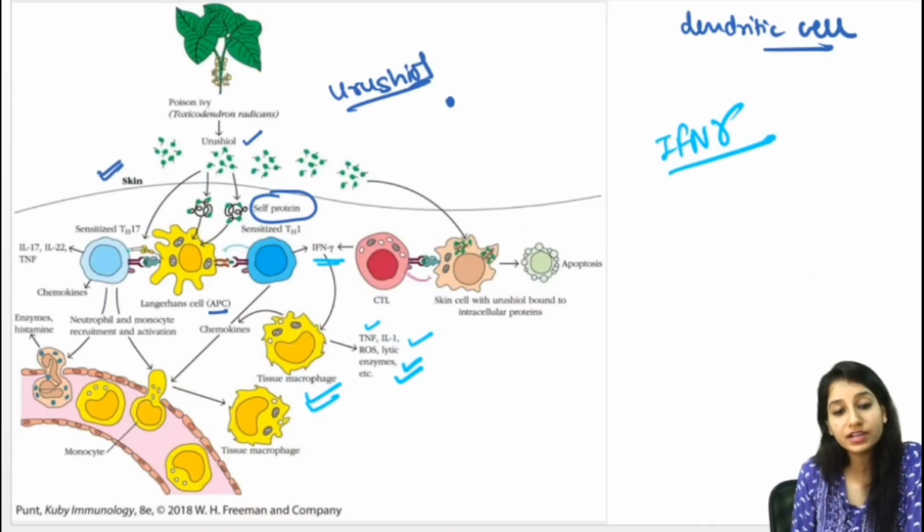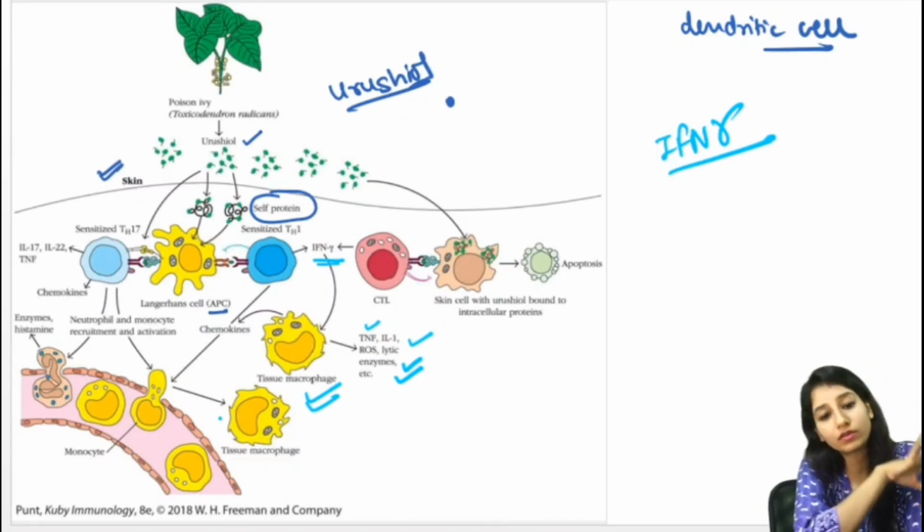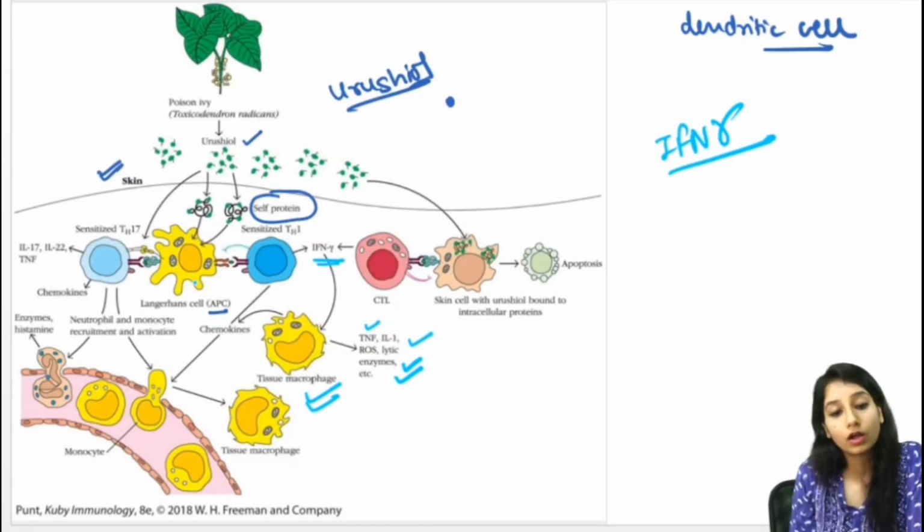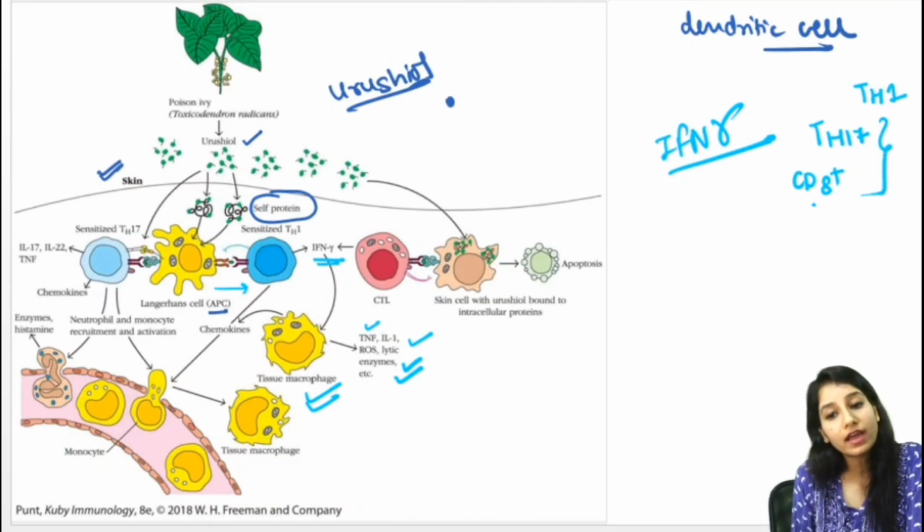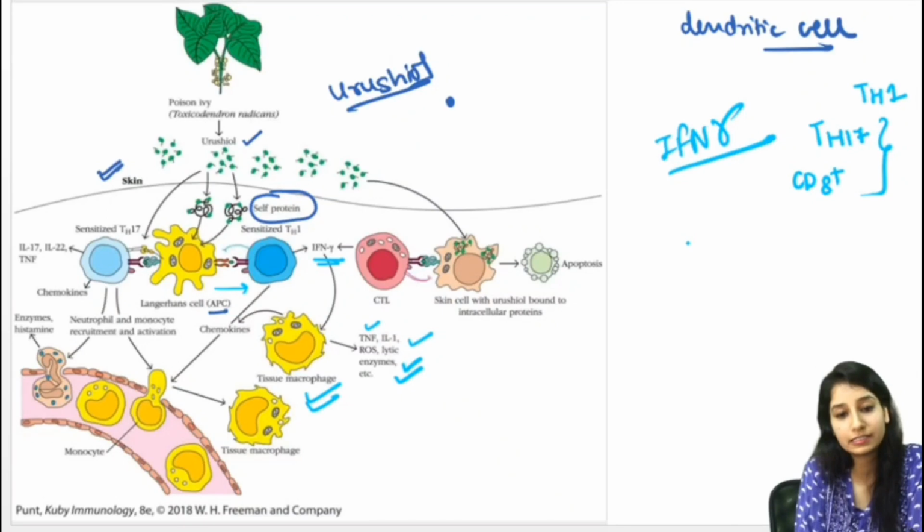So this first condition is totally similar to what we have seen in the earlier condition. In this also, this APC will move towards the lymph nodes and activate the T cell. Then this T cell will once again come to the skin and activate the macrophage. This whole situation is similar. But the difference is that it is not only activating TH1, it is also activating two more cells, that is TH17 as well as CD8 positive cell. Now let's see how they are activating these two cells and how these two cells are causing destruction.